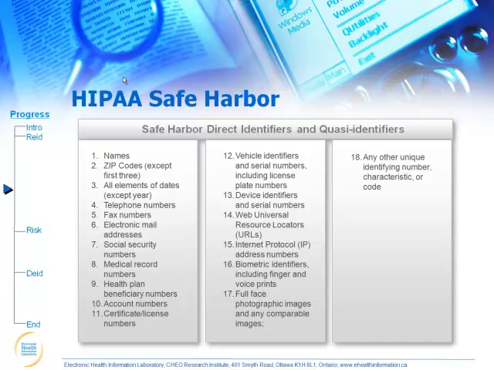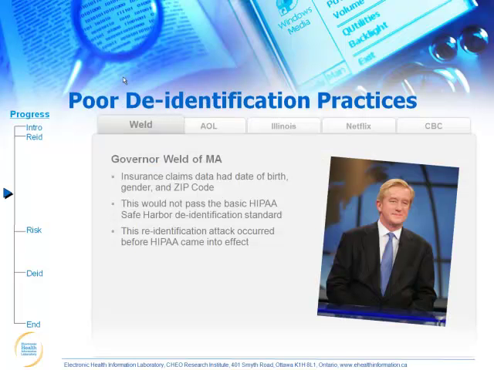So we said you have to at least meet Safe Harbor to claim that your data set is de-identified. And if you don't even meet Safe Harbor, which I think is a basic minimal standard, then you can't make any plausible defensible claim that your data set is de-identified. So now let's go through the 5 examples that I discussed earlier on.